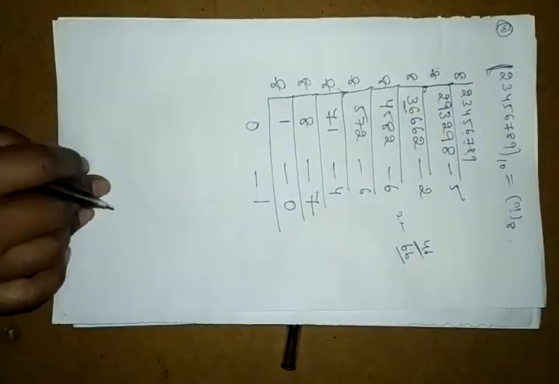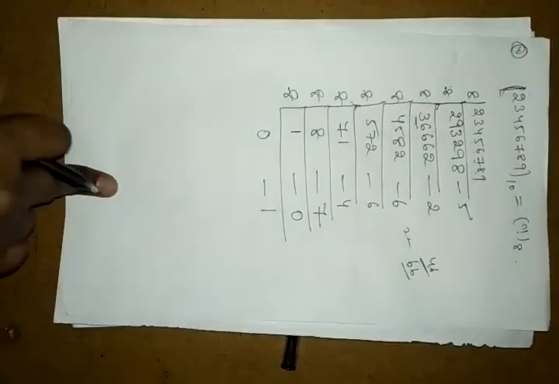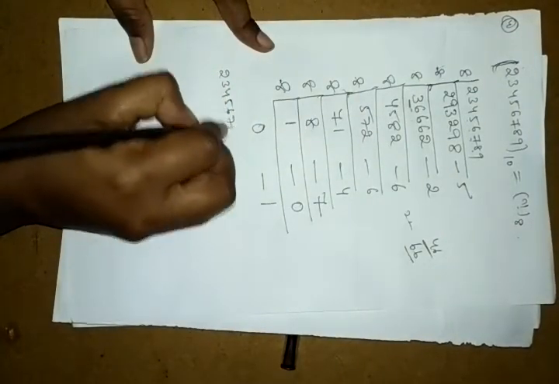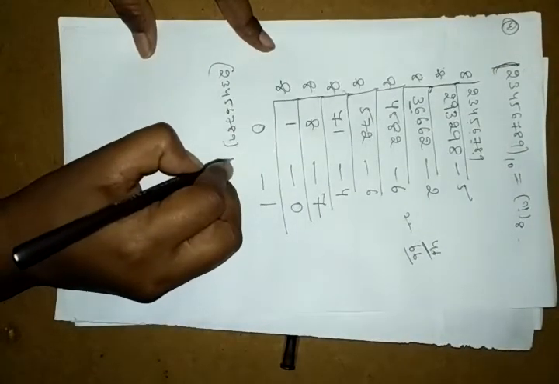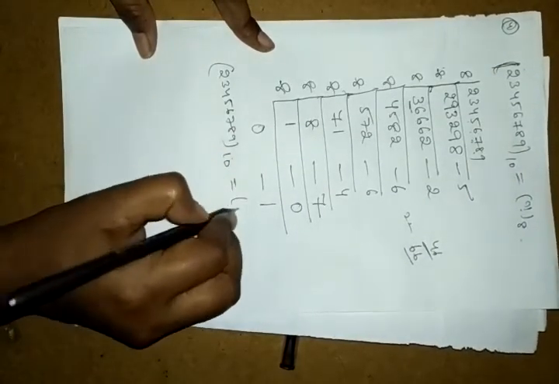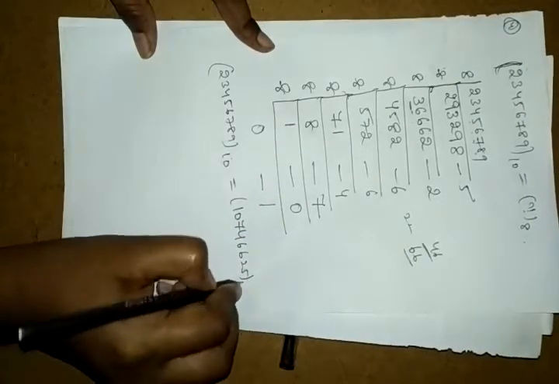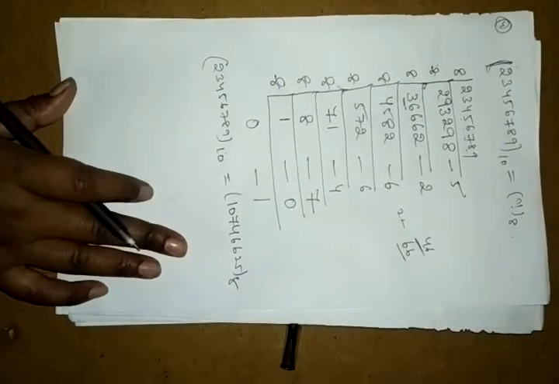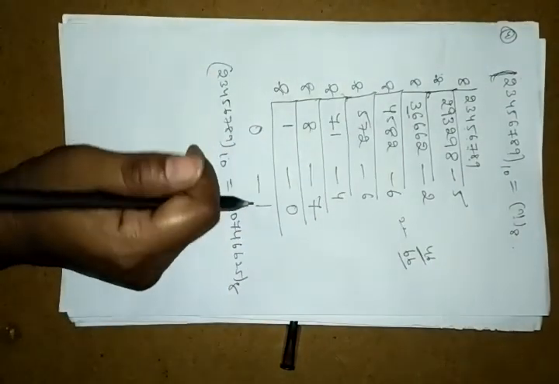So means here we got 2 3 4 5 6 7 8 9, means here we got base 10 equals to 1074662 base 8. So now we will see if this one is correct or not. Now we will see this. Okay, so if this is correct, yes, we did it in the correct manner.